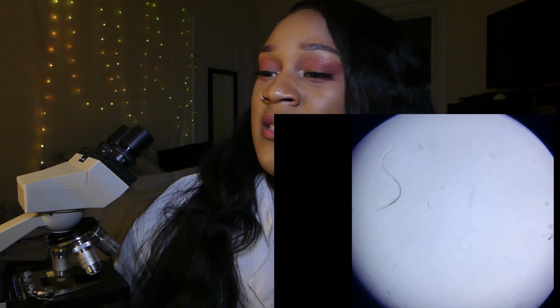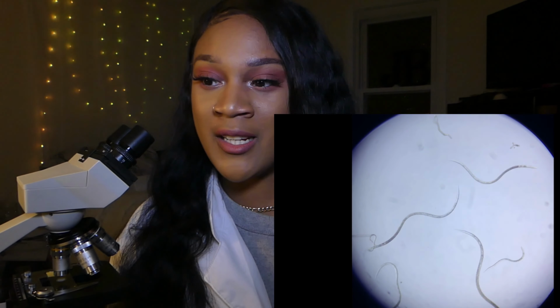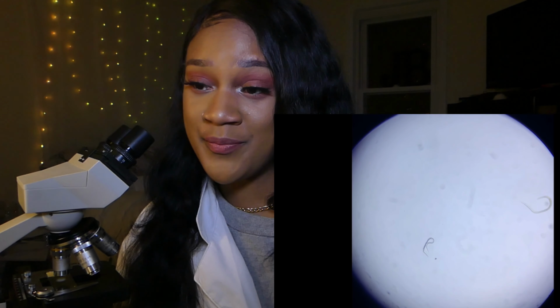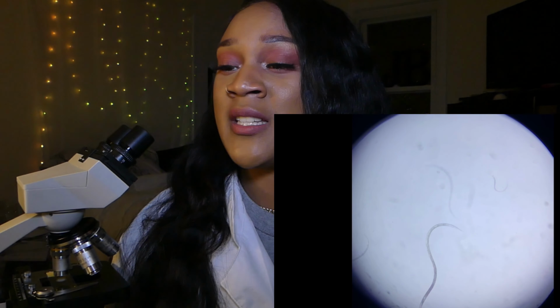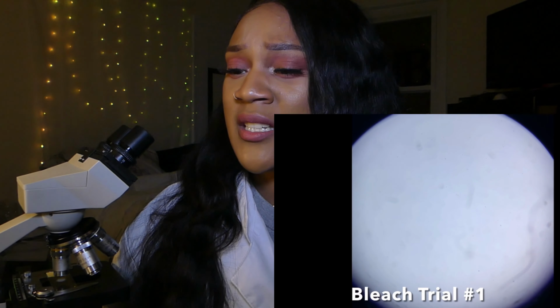After 5 minutes, the small one, this one here, is ripped up, like it's been shredded. I don't know what the alcohol did, but the alcohol did what it needed to do. So the smaller ones are definitely dying. The medium-sized ones are definitely dying. The larger ones,